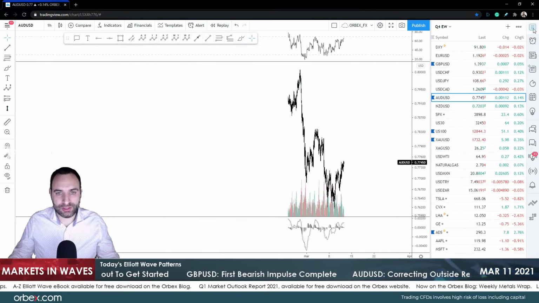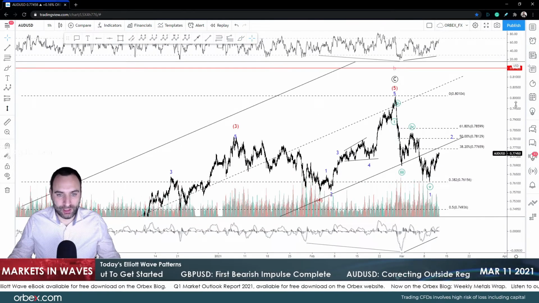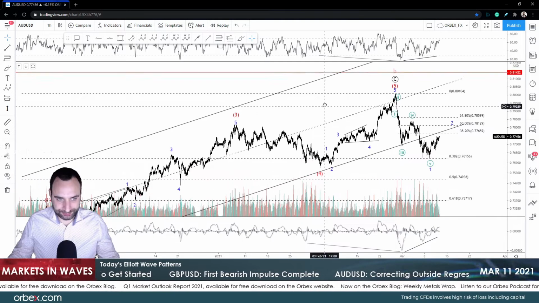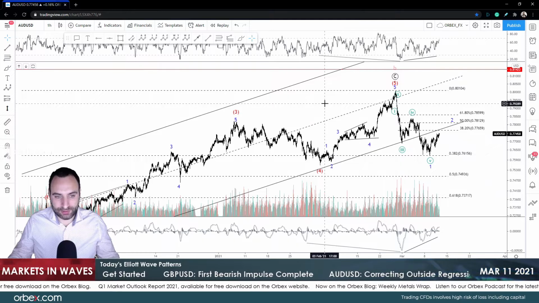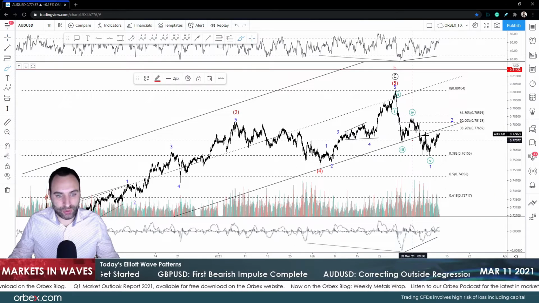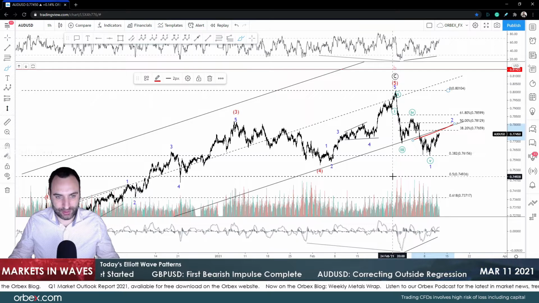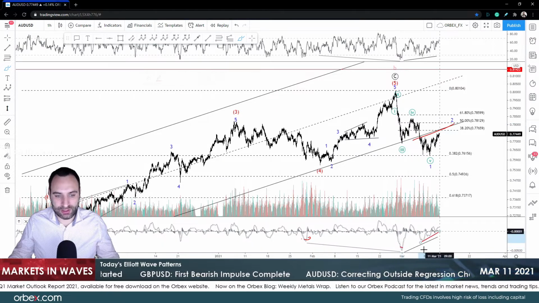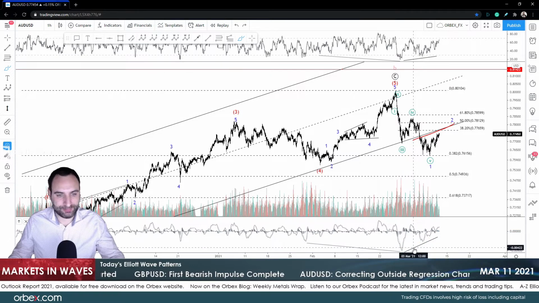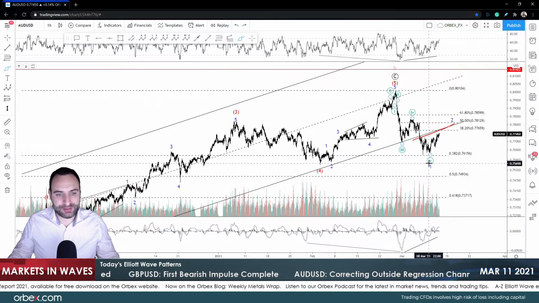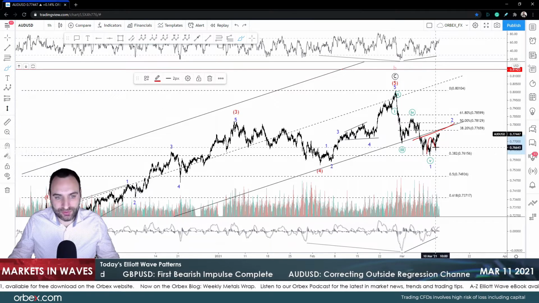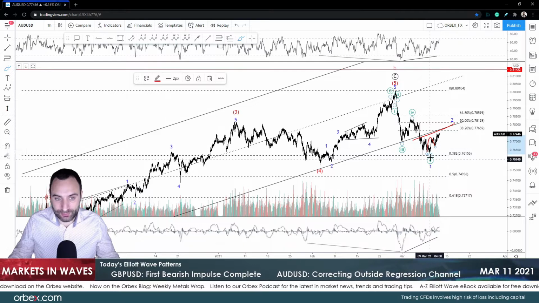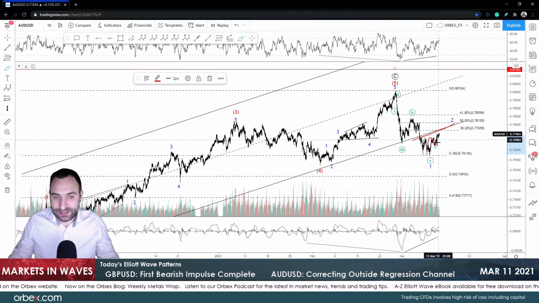On the next opportunity, let's have a quick look on Aussie. A very similar downside move with pound as well when compared. However, in this case, we have broken outside the channel, okay, which is very clearly seen. We do have two signals on the upside for Aussie dollar, okay, and for now we see prices moving up without that showing any signs of a correction so far, right? Because it's impulsive, so it could be a zigzag.